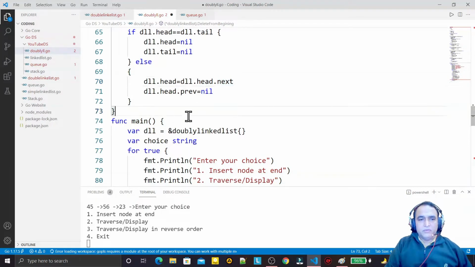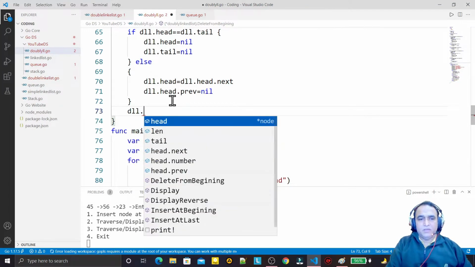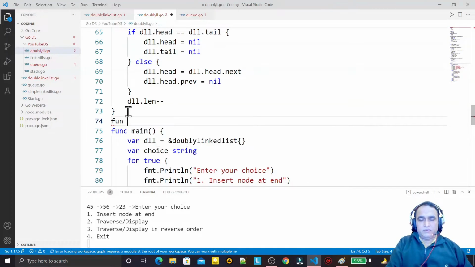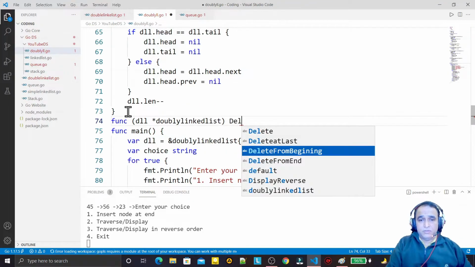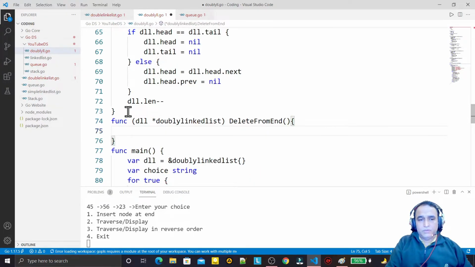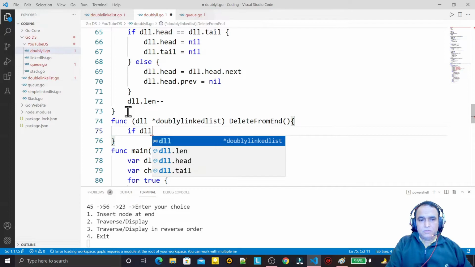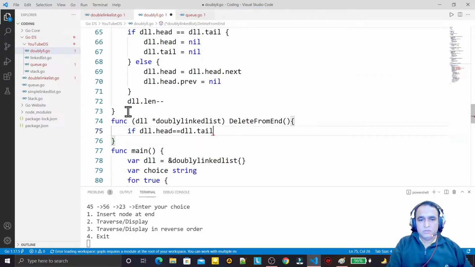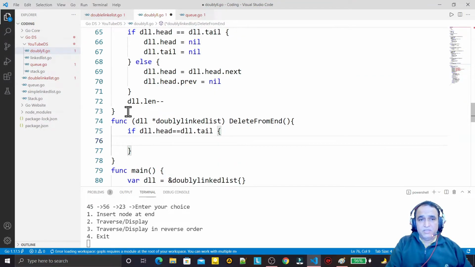Now we have delete from the end. So here I say dll dot len minus minus. Now once again I make one more function, and I say dll doubly linked list delete from end, like this. So again, if dll dot head equal to dll dot tail, that means is in last node, so we say nil,